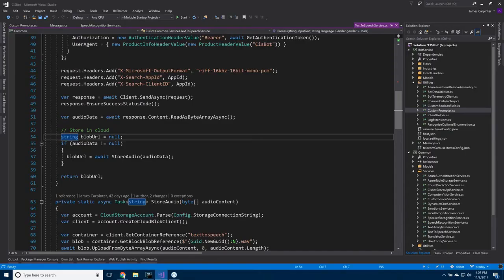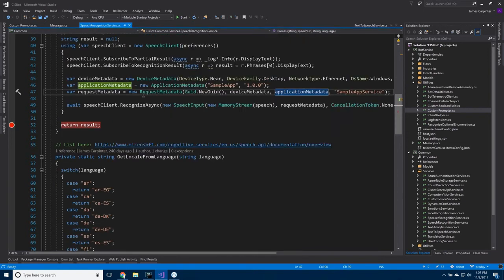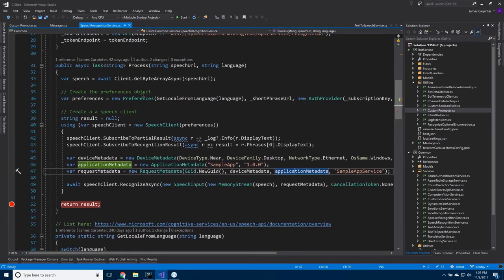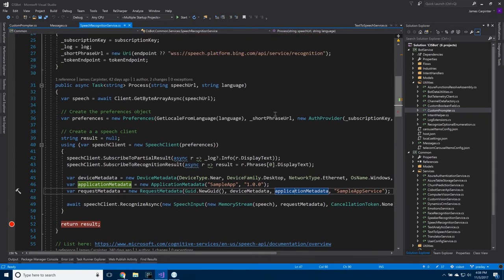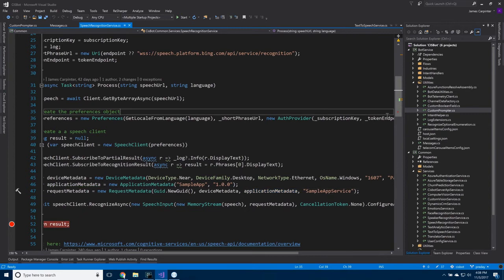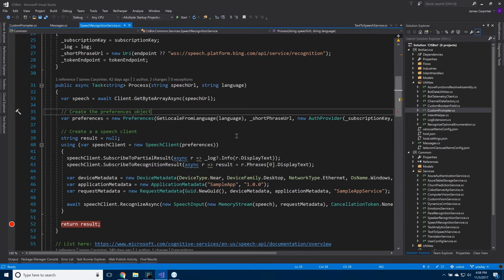Well, if we switch back to the Litware Insurance demo and we return to where we translated our audio recording into text, the only thing that we need to change here is the URL and the subscription key and the token endpoint, right? So this is where we get the token from. All of these URLs are available from the custom speech portal. The rest of the SDK doesn't change at all. It's exactly the same code, but instead of using the general purpose Bing model, we're now using our own custom